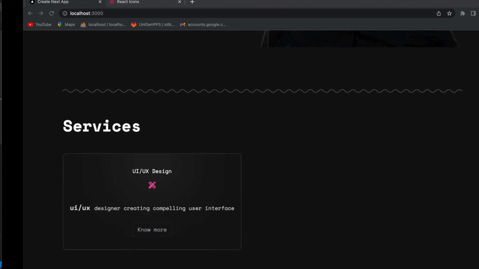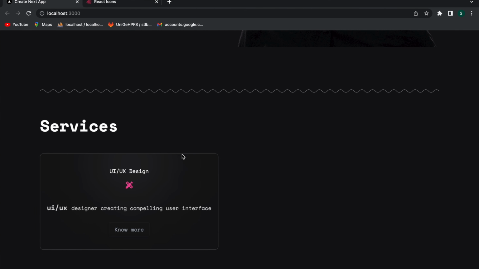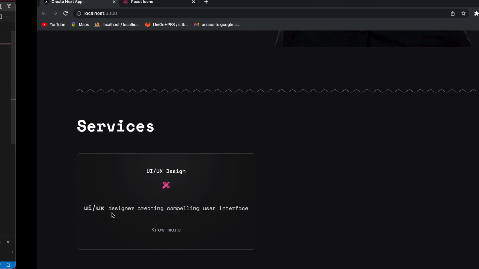Now let's save and go here, and you can see we have a nice glowing effect which is white color.